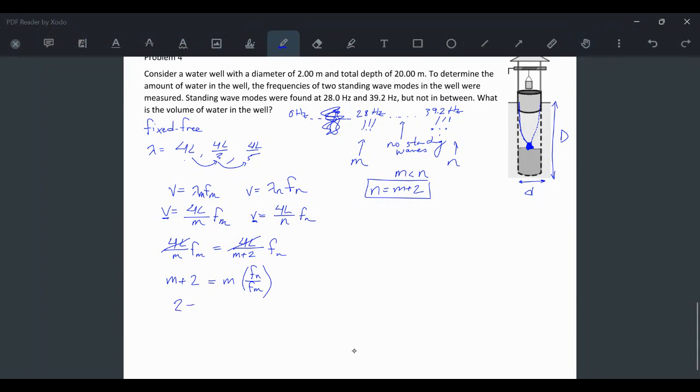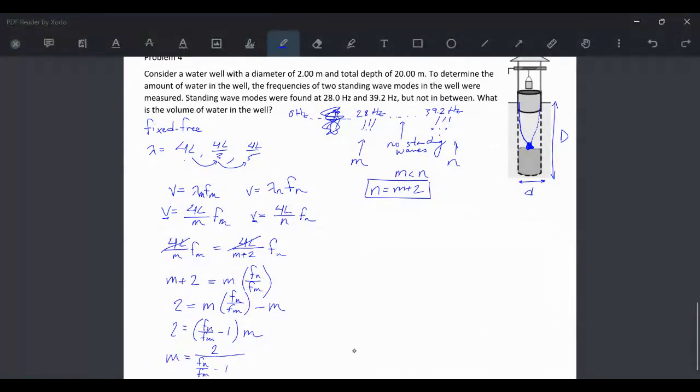So what we'll do is factor out the m's and divide through by whatever factor is left. 2 is equal to (Fn over Fm minus 1) times m. In other words, m is equal to 2 divided by